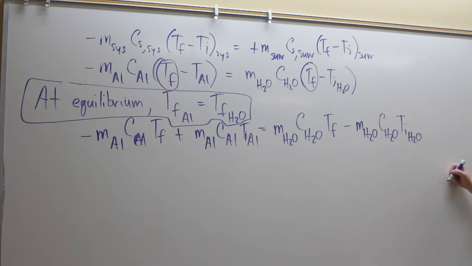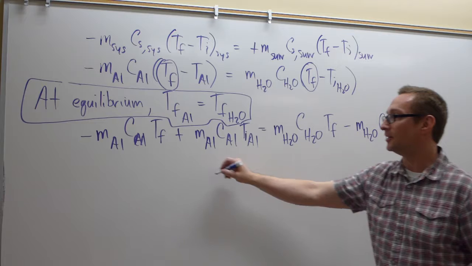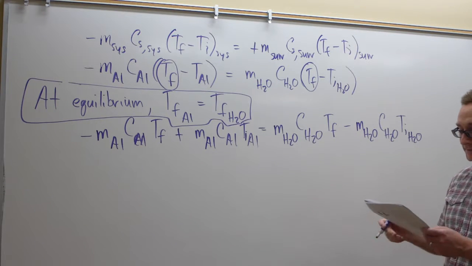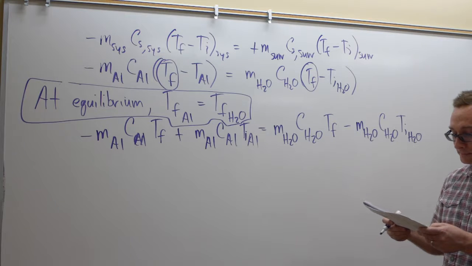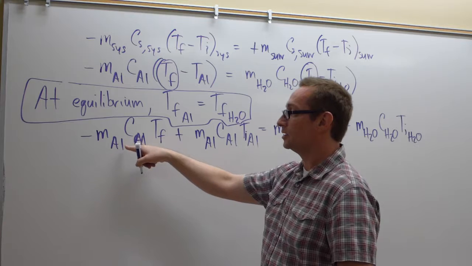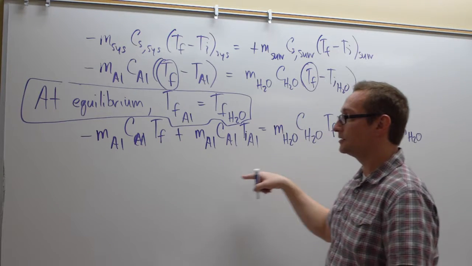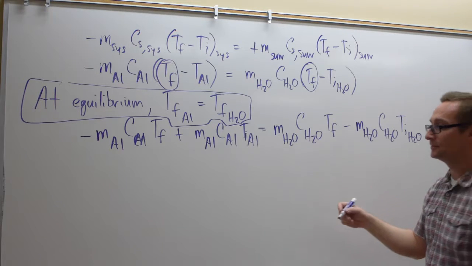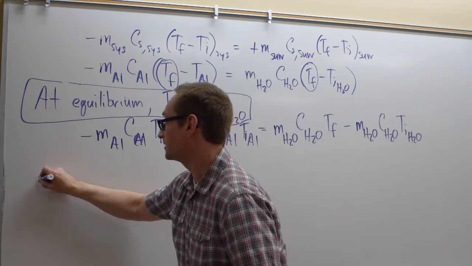So where can we go from here to solve for TF? What I suggest is maybe get the TFs on one side and then everything else on the other. So let's go ahead and do that. Adding plus M aluminum, C aluminum, TF on the other side now, and then adding this on the other side still, we're going to get M